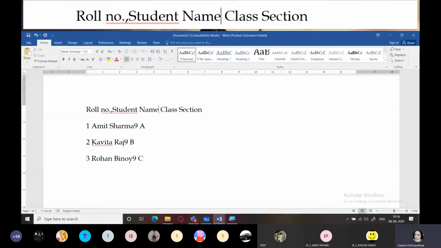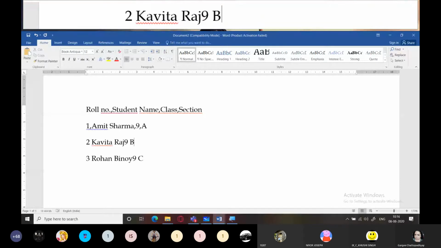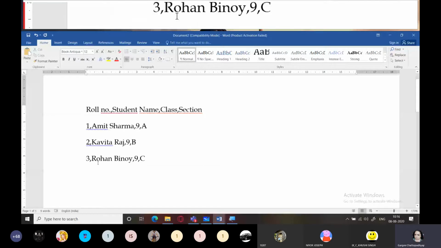So there, now all these values will be separated only by a single comma. So now we have separated everything by a comma.